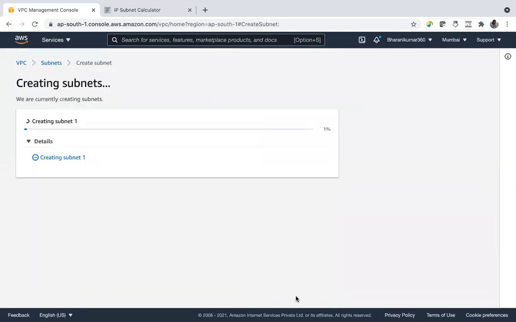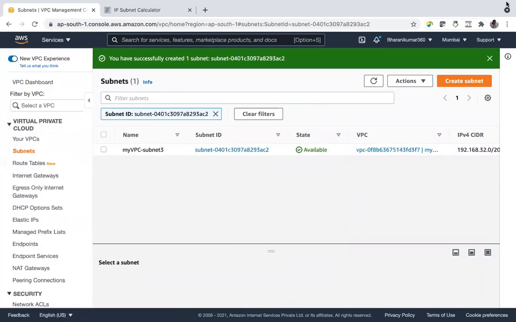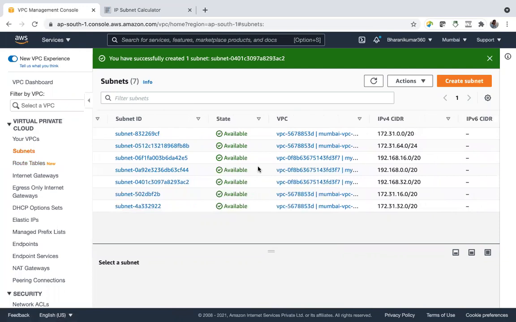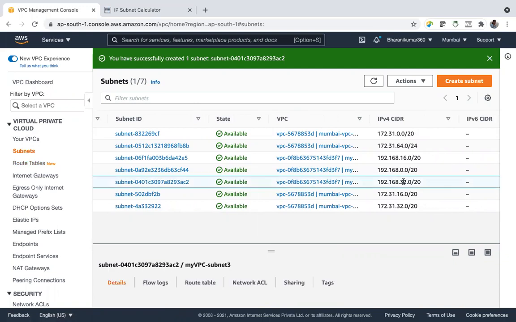Create subnet. Give 20 again. Say 20 is again too close to 16, you might get that overlapping error. Here also I got 32. I have given 40, but 32 came. This is the first time I'm getting this. I don't know the reason, but it is close. When I gave 40, it assigned me 32, and for 20, it assigned me 16.